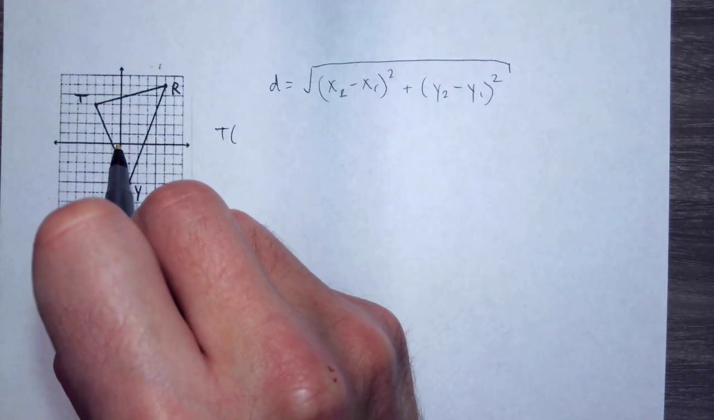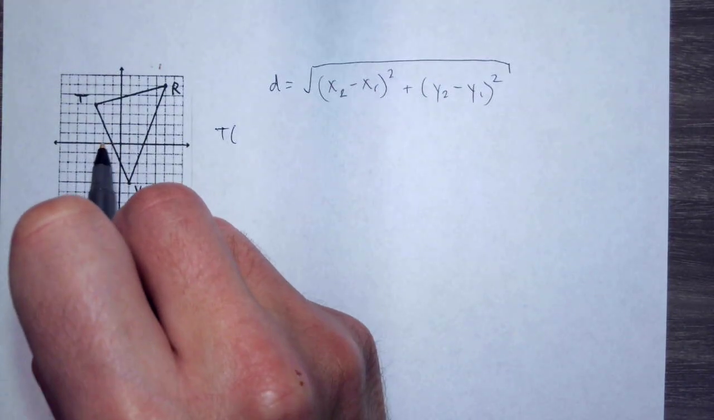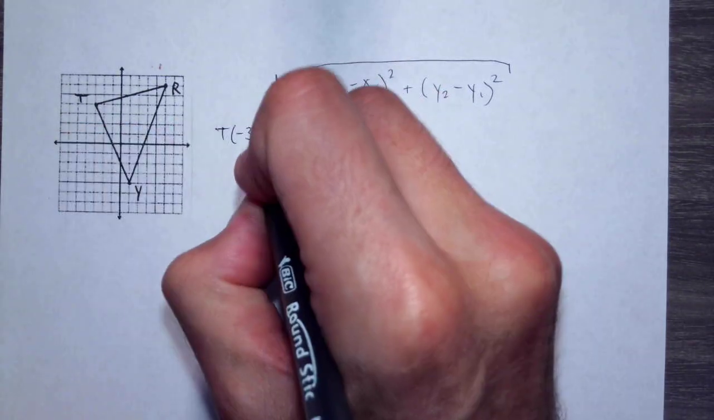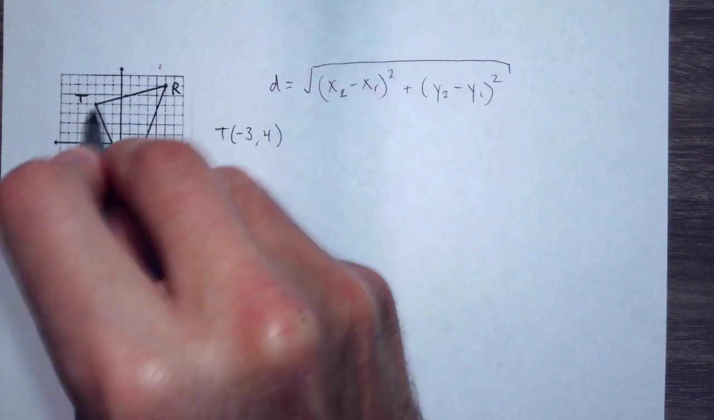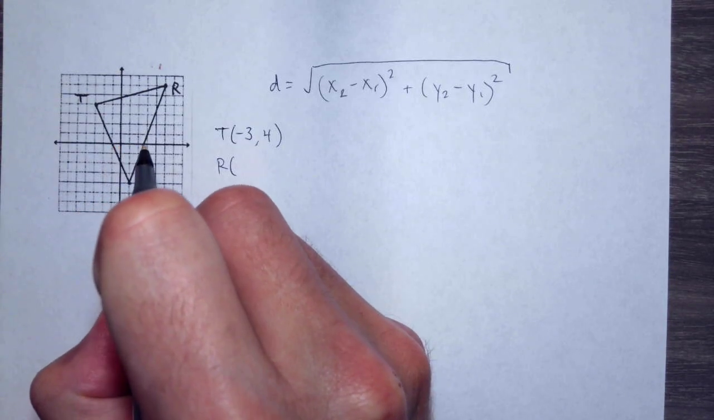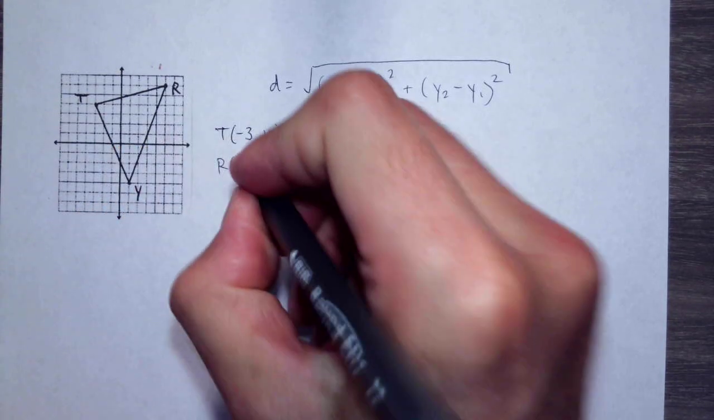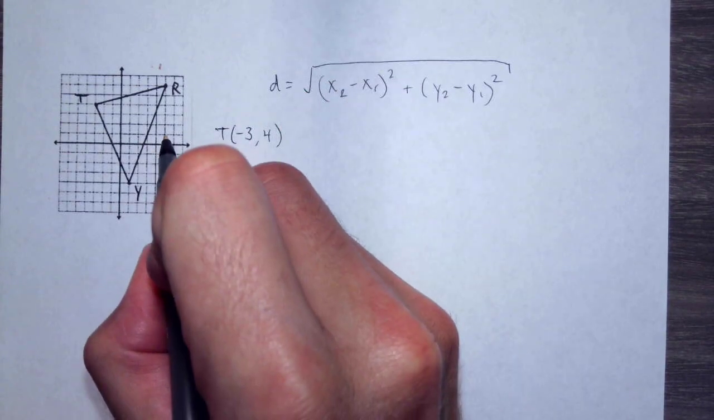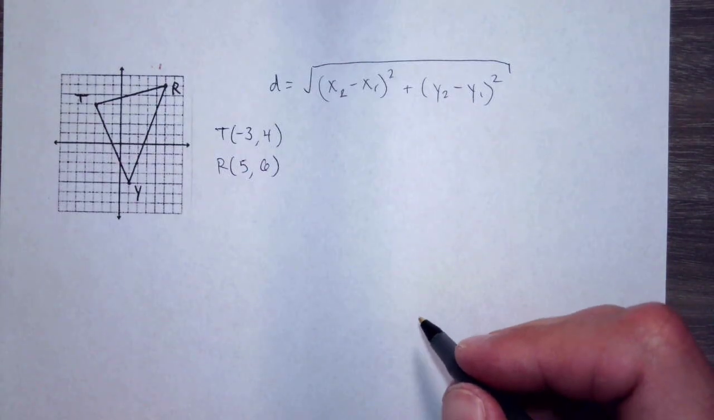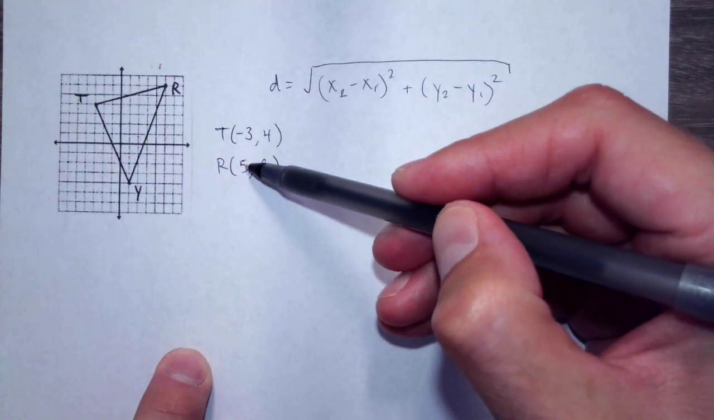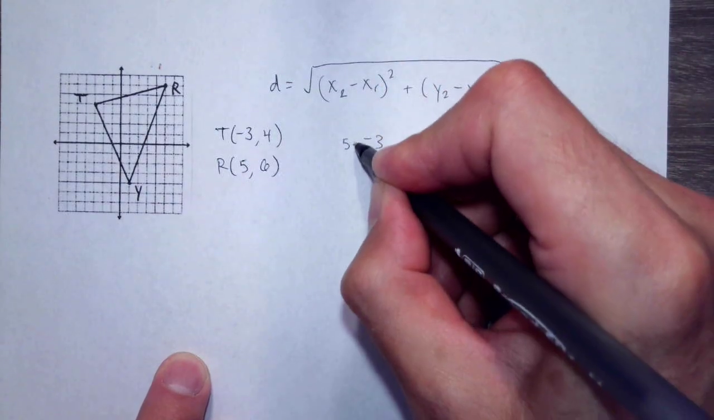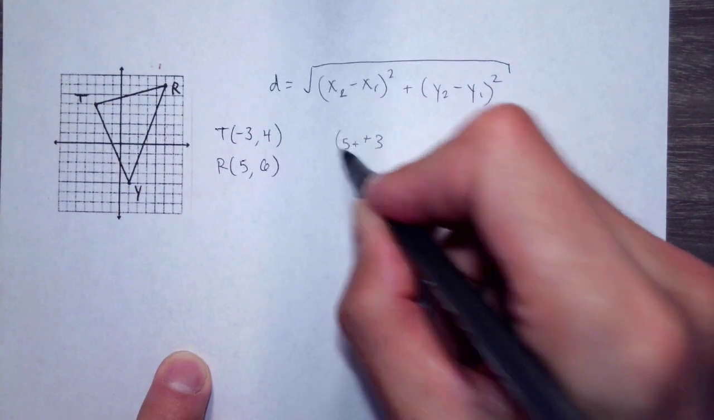So the ordered pair, the coordinates for T is 1, 2, 3, so -3, because it's backwards, and then +4. I'm going to find the distance between T and R first. So R, the coordinates are +5, and +6. So to find the distance, I'm just going to do x2 minus x1. So 5 minus -3. That changes to plus,